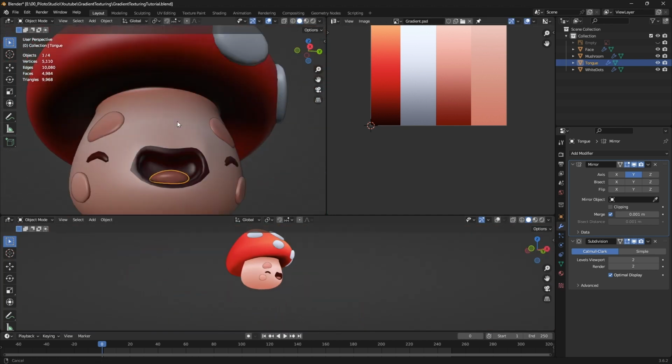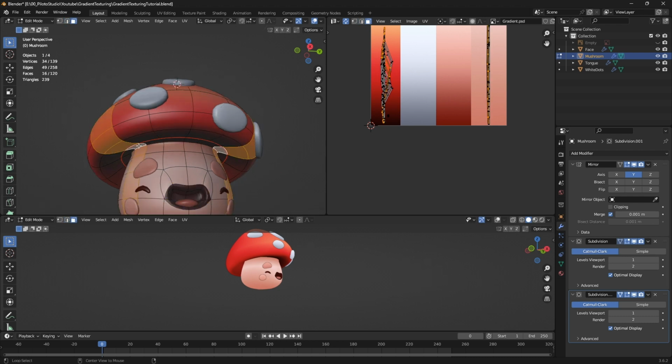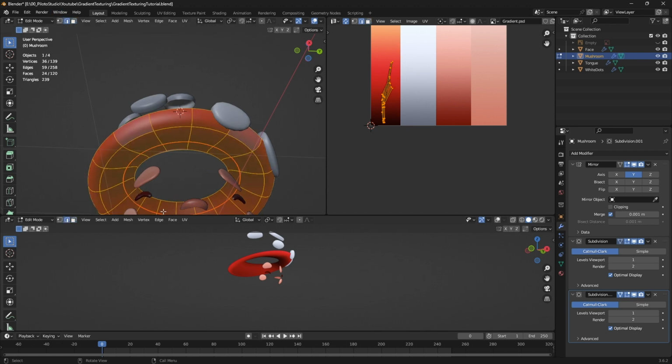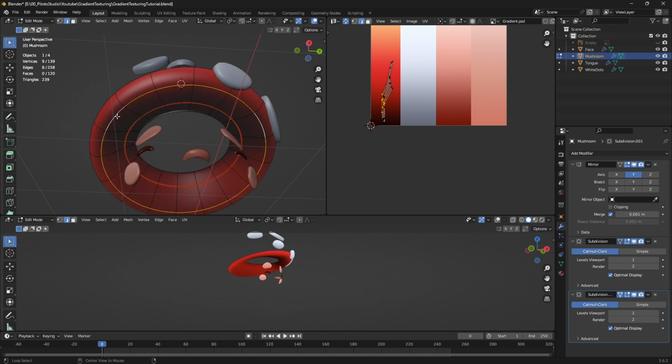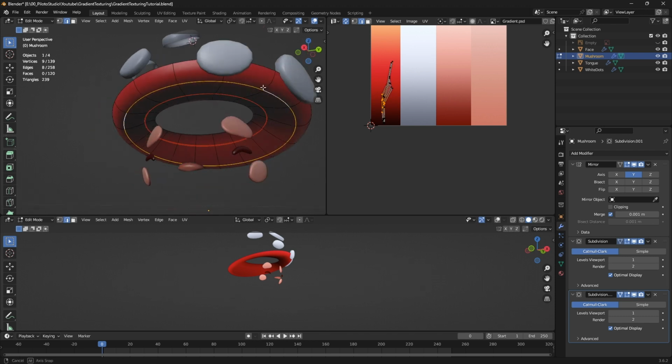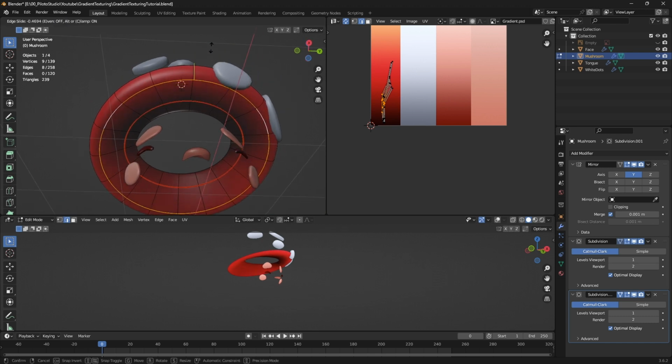Okay, so the last part, I'm gonna add the details for this bottom part of the top part of the mushroom. So the way I'm gonna do it, they have some lines there, and we can do that in different ways. The way I'm gonna do it, so I can teach you something else, is I'm gonna just offset that a little bit, pressing G G two times,